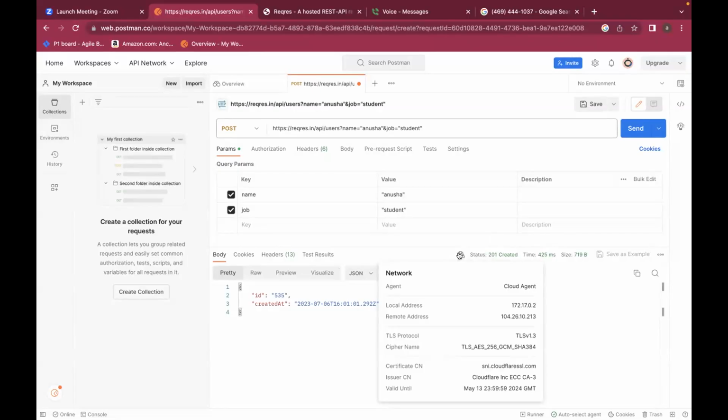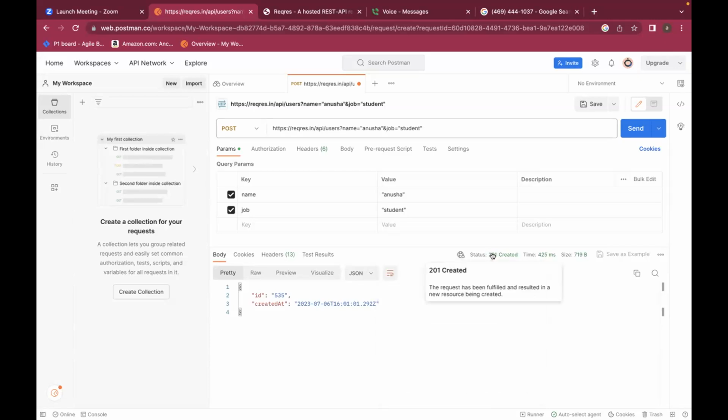So if your request is successful, each HTTP response code has a separate meaning. Here I've given the meaning of 201. How does the API communicate with us whether our request has been successful or not? By sending some status codes. Whatever the CRUD operation is, you can identify whether it was successful based on your status code.